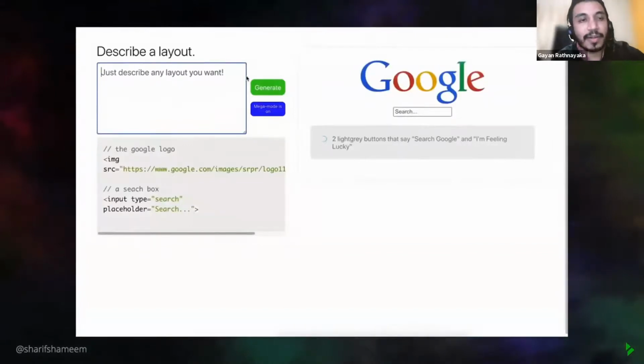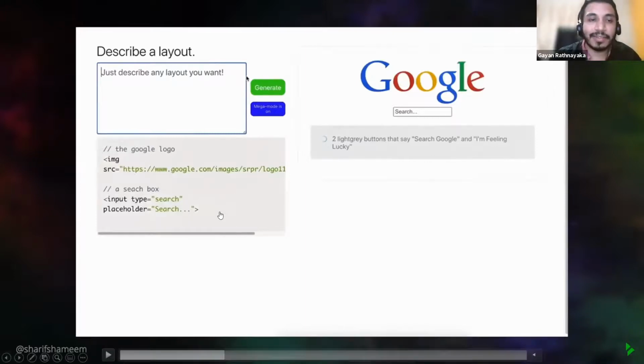And it generates the code for you also. What it does is pass your text to the GPT-3 model, which has been trained to identify the patterns in what we just said. So it says, okay, a text box, Google icon, search box, and when you hit generate, it gives us what we just typed.